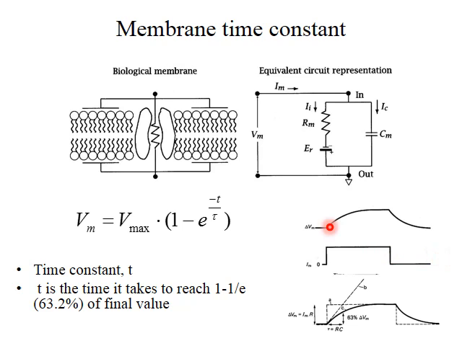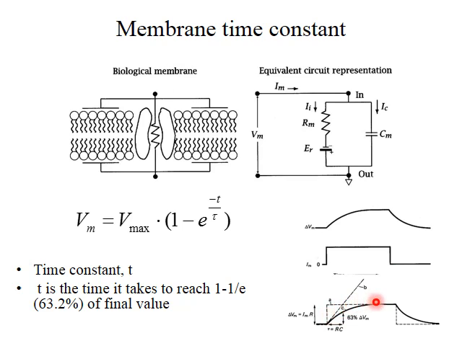Well, this is useful. We now know that when we open up channels, or we activate a synapse, for instance, and open up ligand-gated channels, which are permeable to sodium, the voltage in the cell will change as a first-order exponential, described by a first-order exponential equation. But what we'd really like to know is how quickly this voltage changes, and that is determined by the time constant tau. And it's determined in a way that is shown right here, where